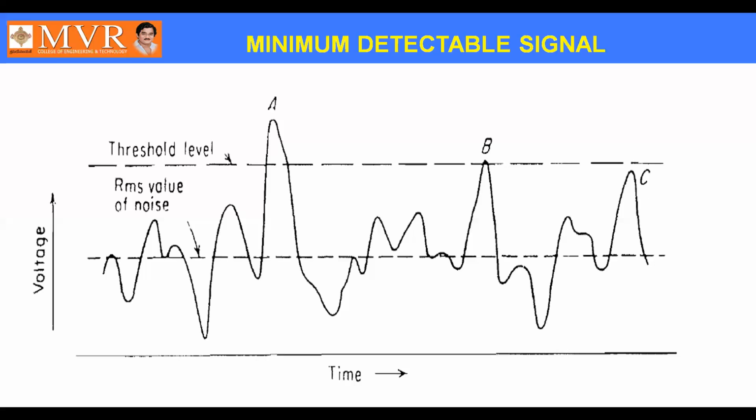That is, while you are designing any threshold level, there should be a compromise. It should not be high as well as it should not be low. If it is high, there may be a chance of missing the target. If it is low, there is a possibility of getting wrong targets, and that is supposed to be a false alarm.